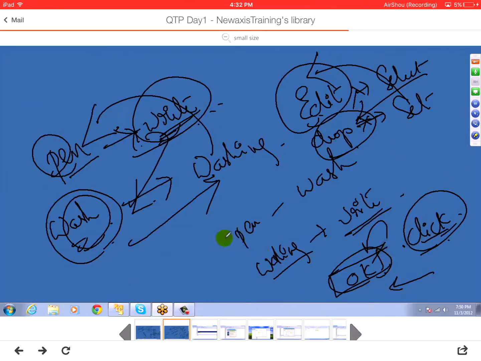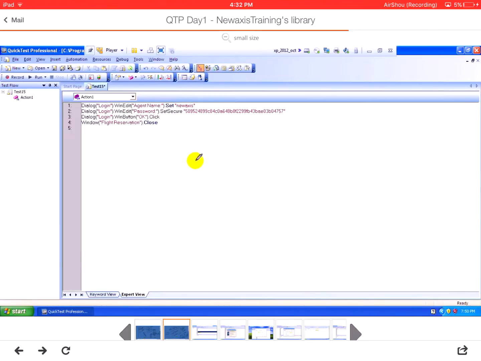So now go back to the script again. So this is how we have written. This is the object class. Let me put the syntax here. Object class of the parent, then brackets open, quotations open, then the particular object name, then again quotations, brackets close, dot. Parent and child will be separated by the dot symbol. So dot, again the object class